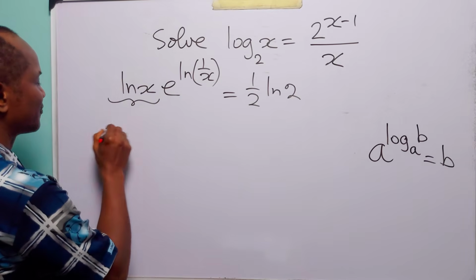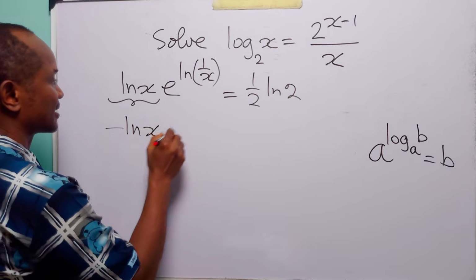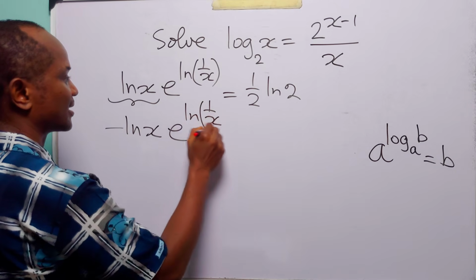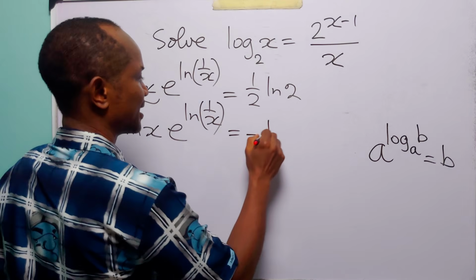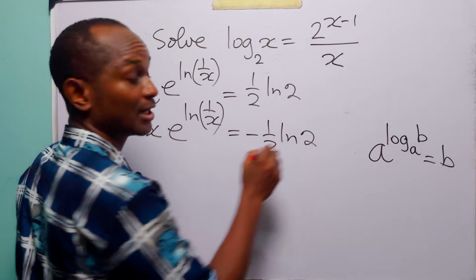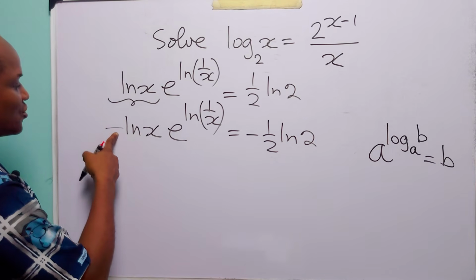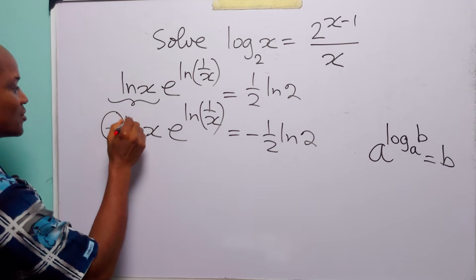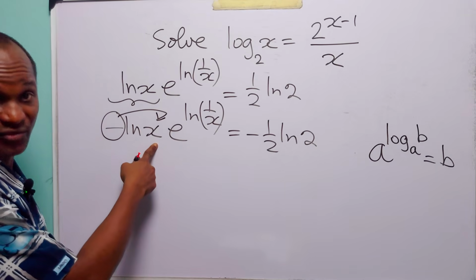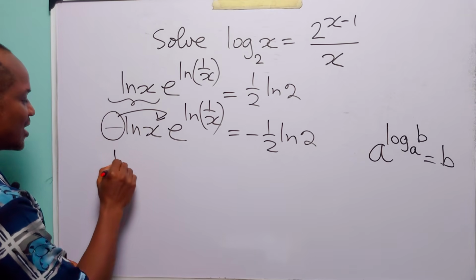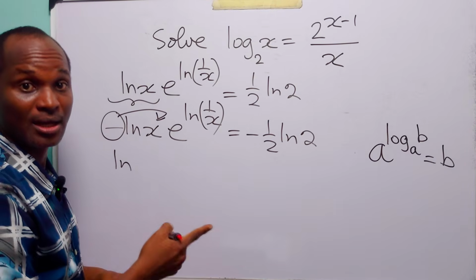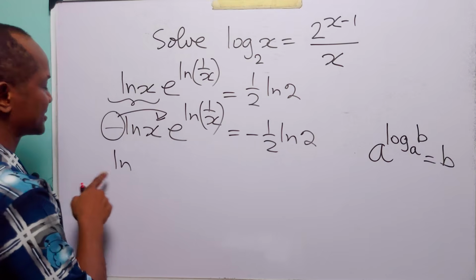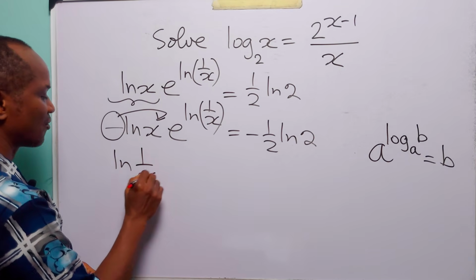When we do that, we have minus ln x times e to the power ln 1 over x is equal to minus half times ln 2. And of course, you know that now we can apply the power rule of logarithms. We can take up this -1 to become the exponent of x. When we do that, we have ln x to power -1. But of course, you know that x to power -1 is equal to 1 over x. So this is ln 1 over x